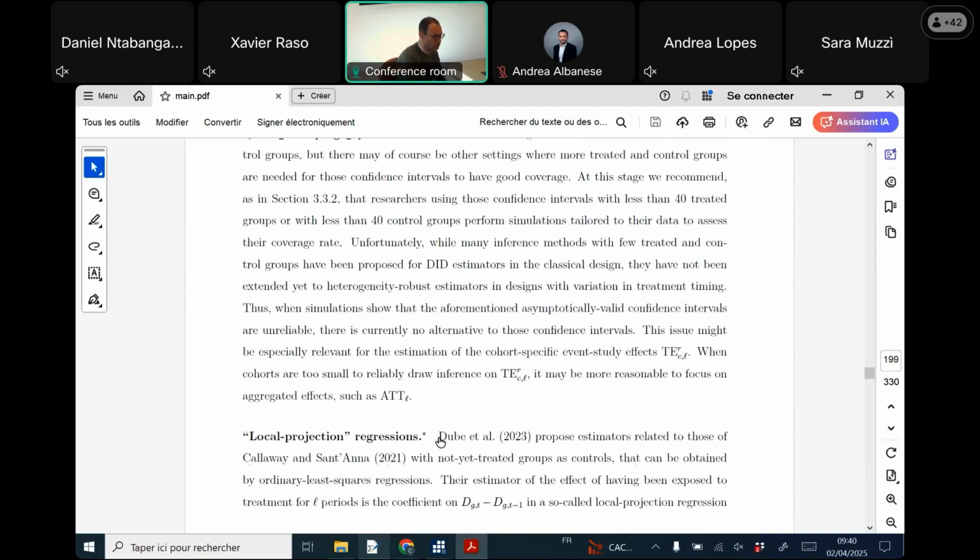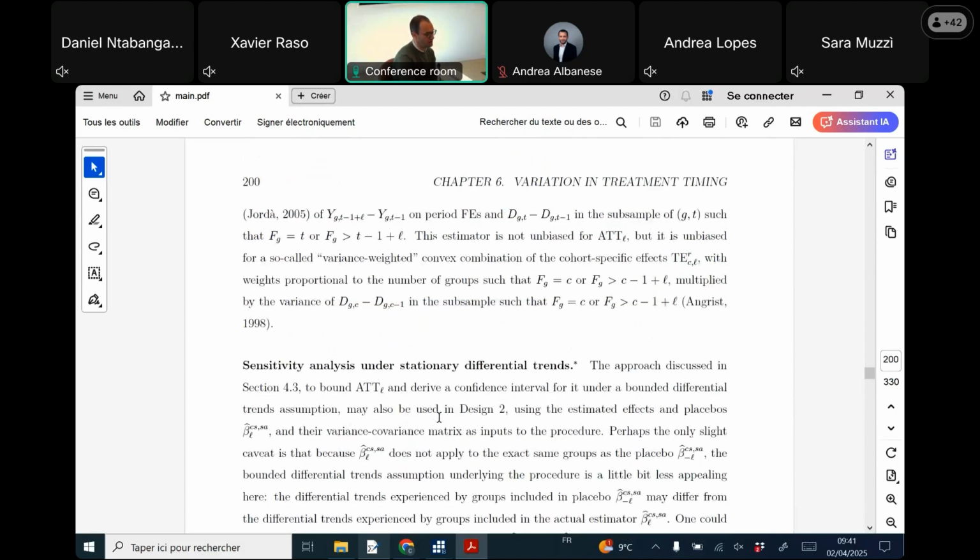And yeah, so a recent development is one more estimator that I quickly mention by Dubé and co-author, who propose what they call a local projection estimator. Essentially, they found a very clever way of obtaining the estimators with the not yet treated as the control group via a regression. And the regression is